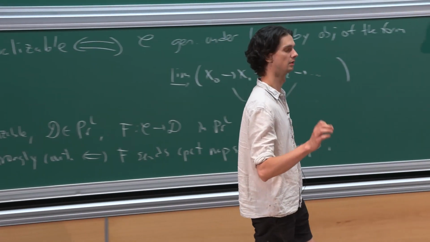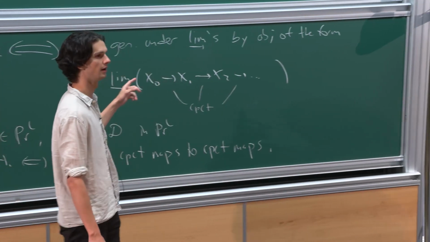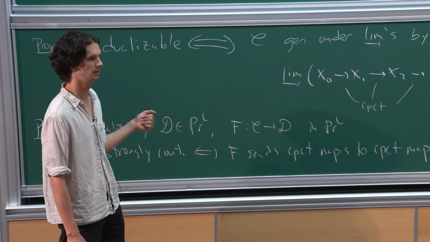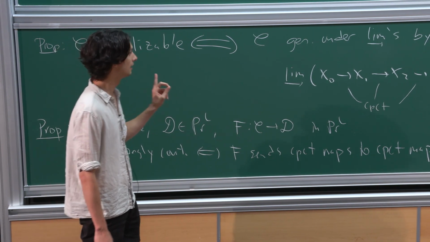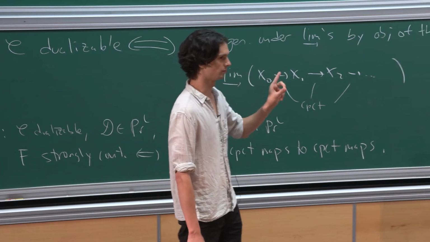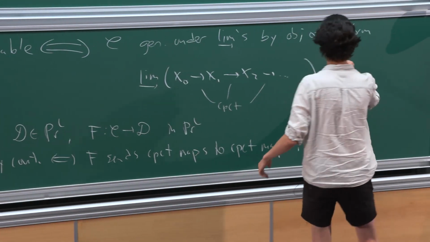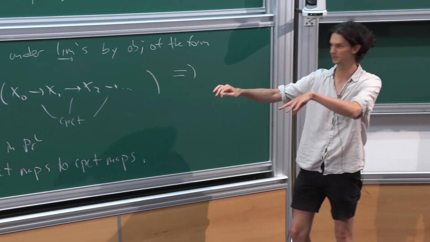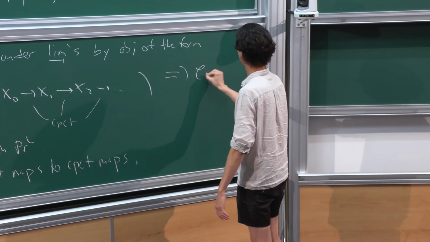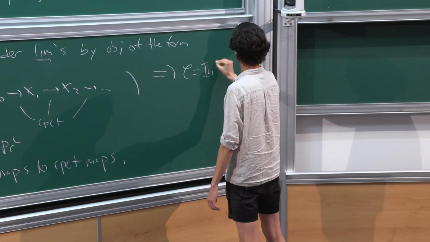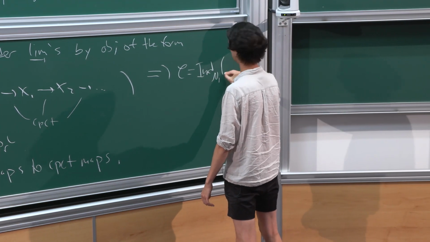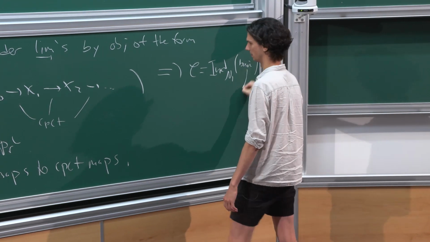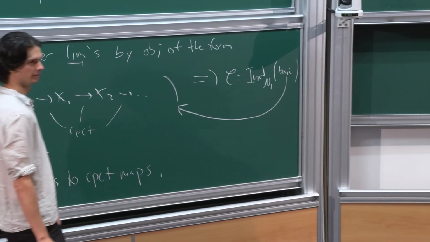Generated under colimits means that every object is obtained as a colimit or by iteration. That is, you have to enlarge the class each time by taking more and more colimits. It's enough to do it just once, and in fact, if you express this in the weakest possible sense, then you get a strong conclusion that C is obtained by freely adjoining Aleph-1 filtered colimits to these basic guys, where by basic I mean one that's of that form.